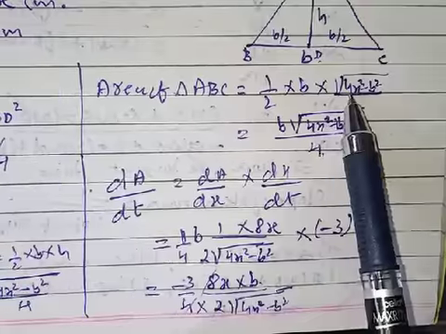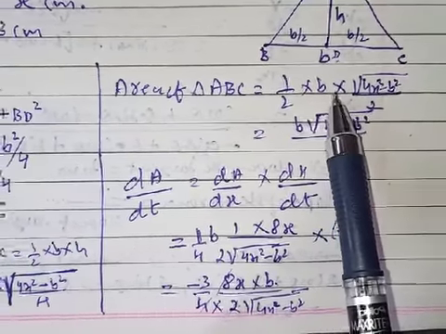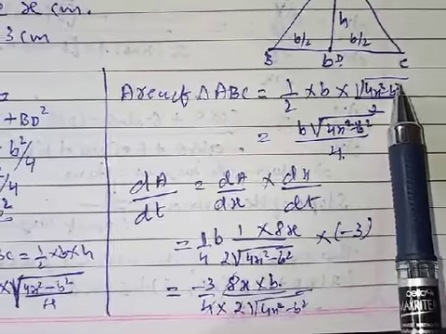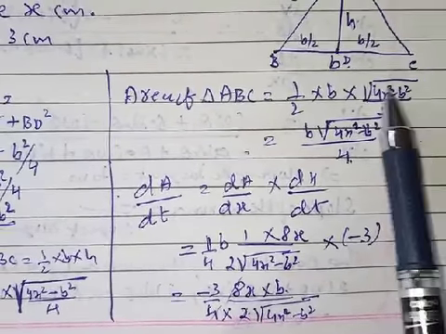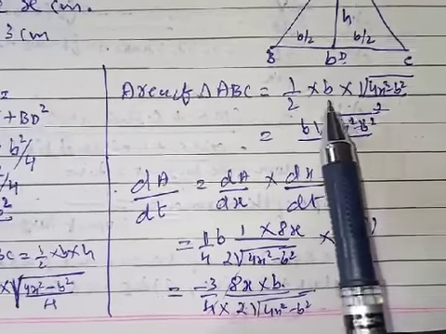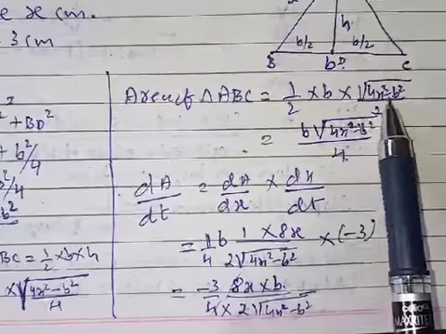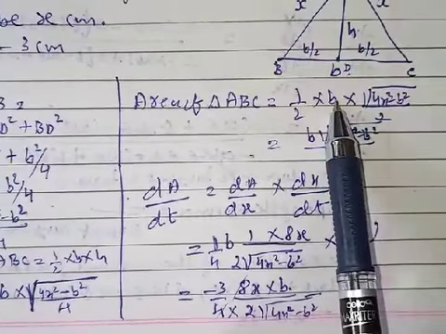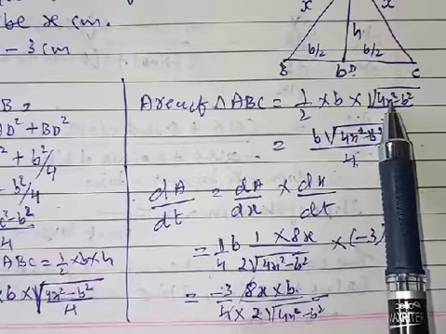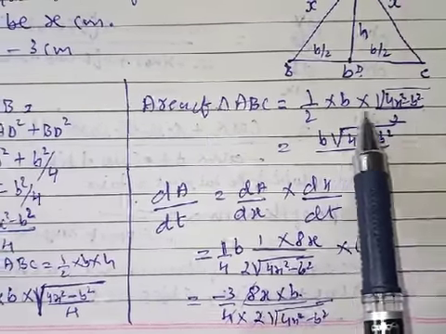We know that now only how many variables are there in the expression? b and x. But we know that b was given as fixed, so b is constant here. We must know before taking the derivative which term is constant. If two expressions are there, then we must know which is constant. b is constant here, x is variable, because they gave b as fixed. Fixed means it is a constant.